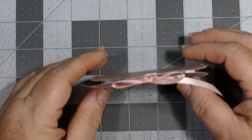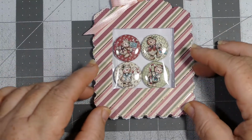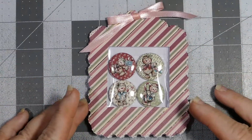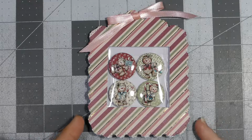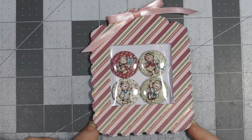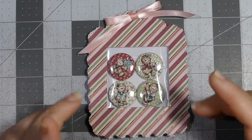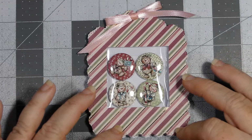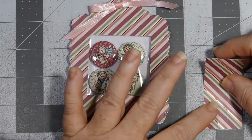I can tip it up. Now it does not sit up because it's too narrow, but you could definitely make it wider so that it did sit up, and that way you could give it to someone. If you have a crafty friend that you work with, you could make it so that it sat up on their desk and stuff like that. I did it the width of the inside here, and then I scored a 1/2 inch on each side, and then I had a strip of paper left over from when I cut this out, so it's not anything. Let's see, the paper is